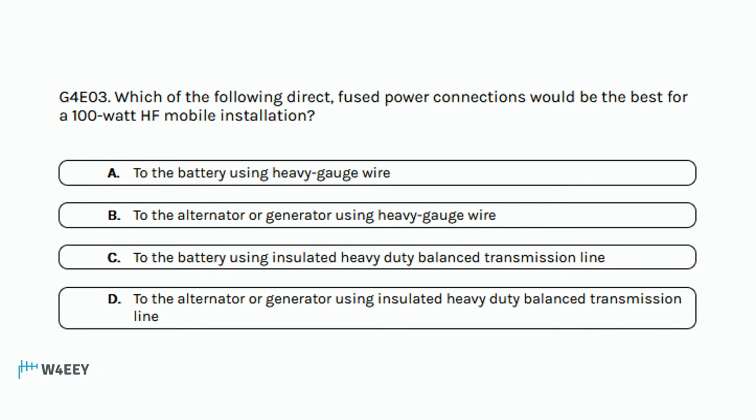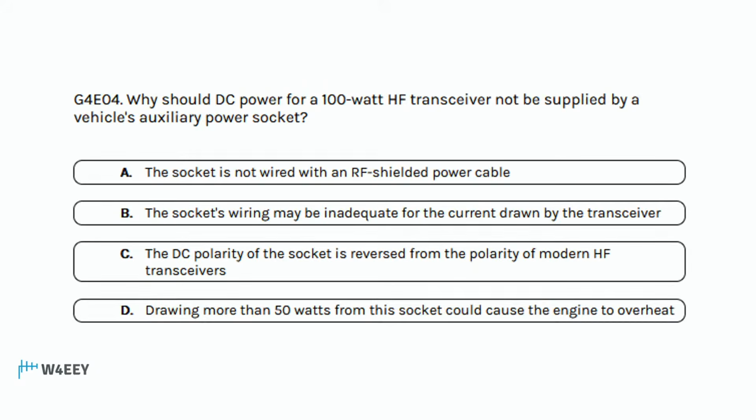Which of the following direct fused power connections would be the best for a 100-watt HF mobile installation? Right back to the battery using heavy gauge wire to prevent voltage drop. And why should DC power for a 100-watt radio not be supplied by the vehicle's cigarette lighter? Because the socket's wiring may be inadequate for the current drawn by the transceiver, and you might let the smoke